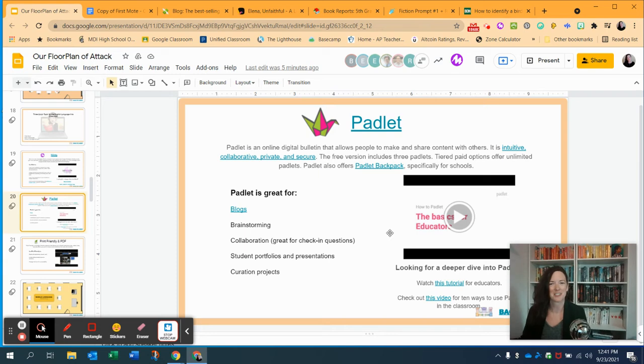I have on the slide for you if you want to check out a tutorial on how to set up and use your Padlet, and also deeper dives with a tutorial and then a video on 10 different ways to use Padlet in your classroom. I think you'll find it really, really accessible, and it will allow you to do all sorts of great things